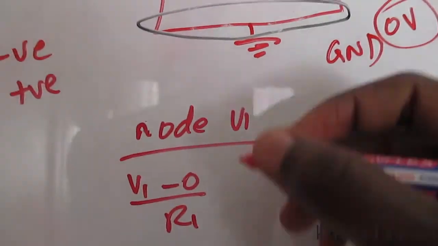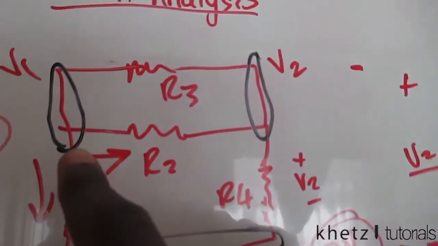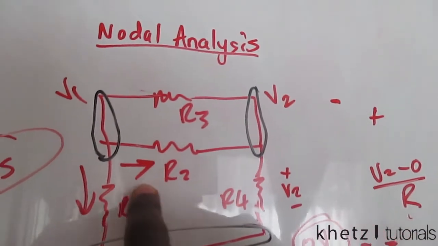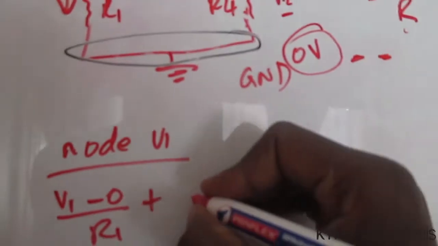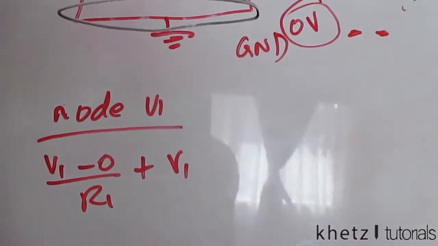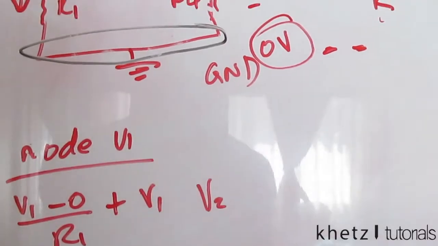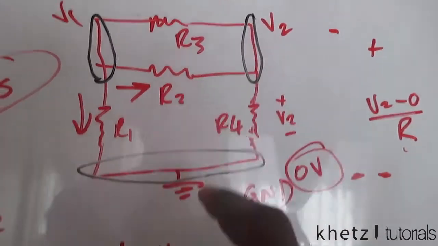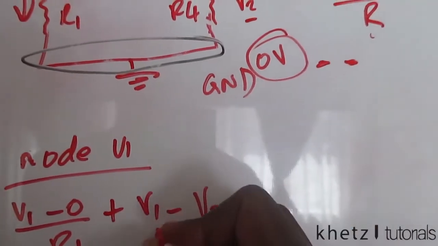So I'm also going to take this one as going out. And now my points are V1 and V2. When you're going from V1 to V2, this is how you move. So you put your V1, you put your V2, and then you put your negative sign to show that you're